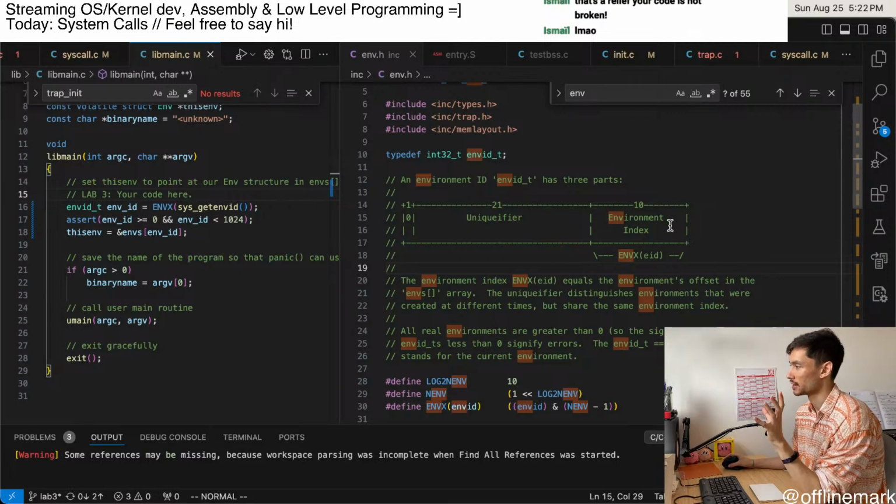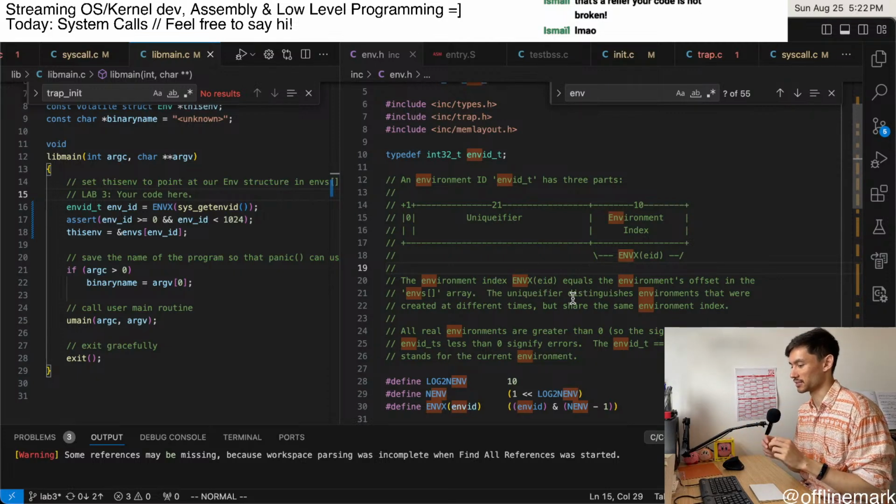The lowest 10 bits are the index into the environments list. There's some uniquifier. Okay, some kind of nonce sort of thing, because there's a fixed amount of slots in the environments list,